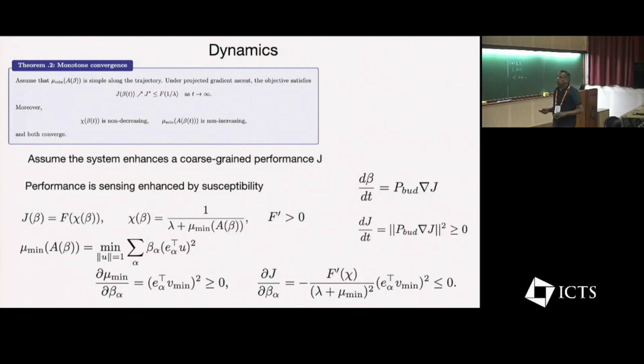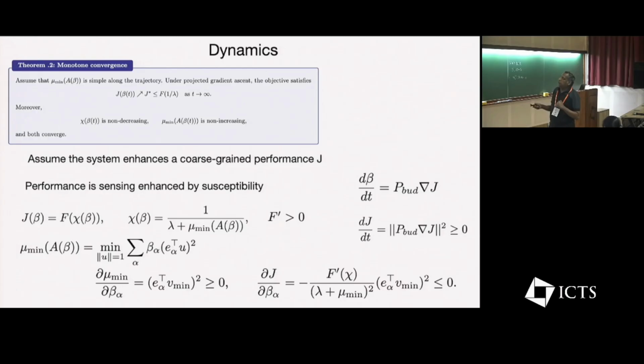Here I'm assuming that the system is near the information-limited regime, as most biological systems which adapt are. There we can basically say J is some sort of a proxy function, and the susceptibility comes as 1 by lambda plus mu min, where lambda is your noise floor. Then if you differentiate with respect to the parameters beta, the gradient